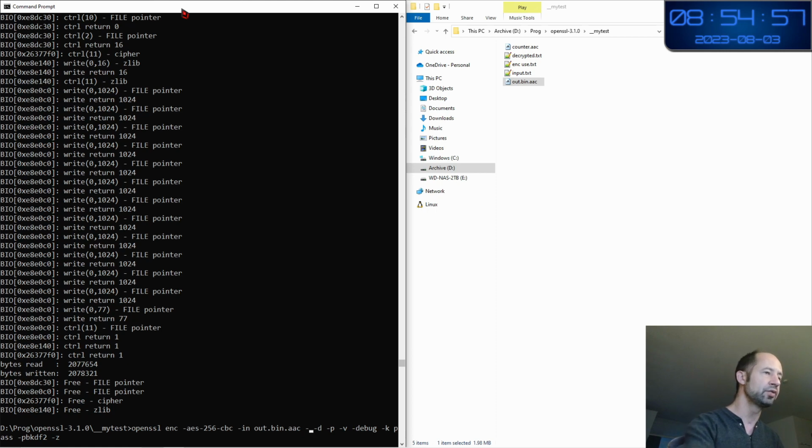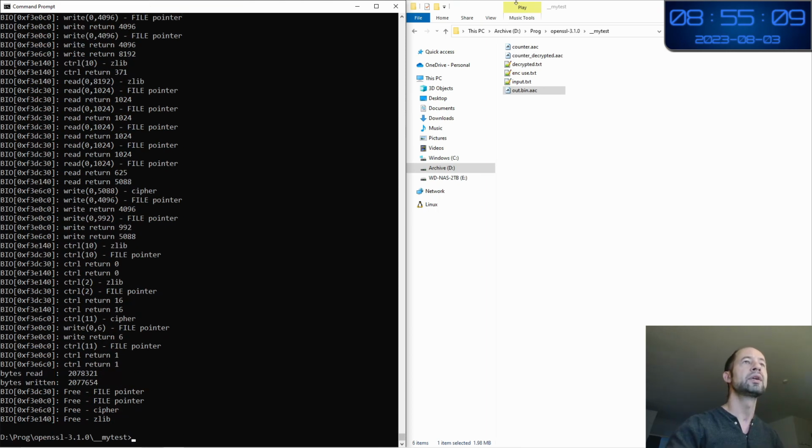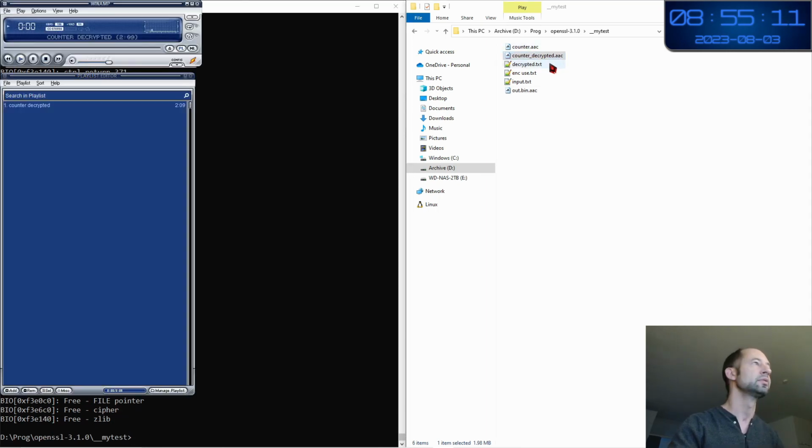And the new output is counter decrypted.aac. Okay, let's check. Okay, so here we have the validation that the music file is correctly decrypted.